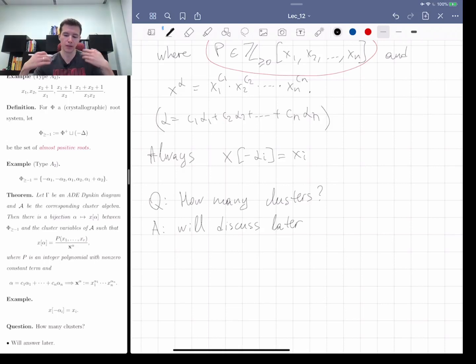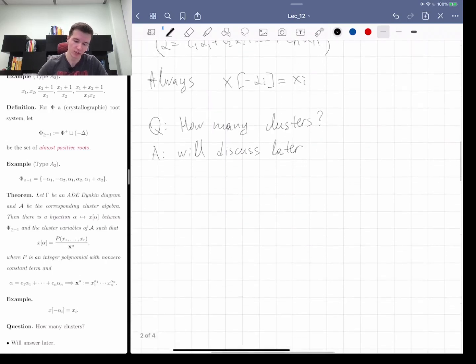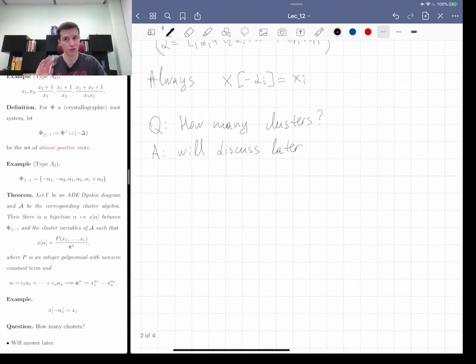But still, it would be nice to have cluster algebras correspond to all possible Dynkin diagrams, which is the same as all semi-simple Lie algebras. And the way cluster algebras were originally defined was allowing you to prove this classification on the nose, to get all Dynkin diagrams. And so let